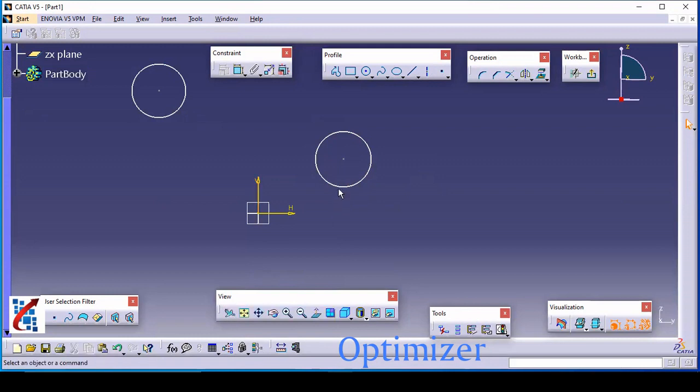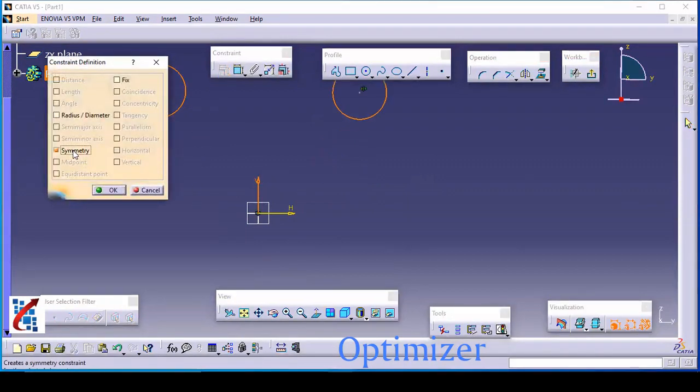Press Control, select first object, second object, and the axis about which you want to make the symmetry, and just go here and make that symmetry.